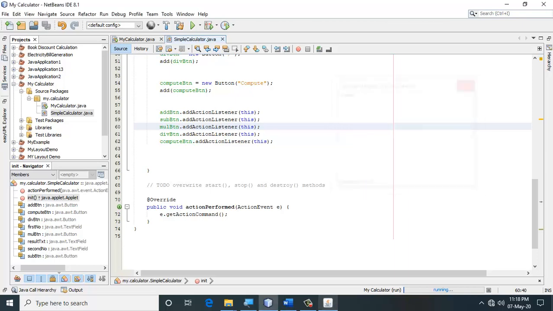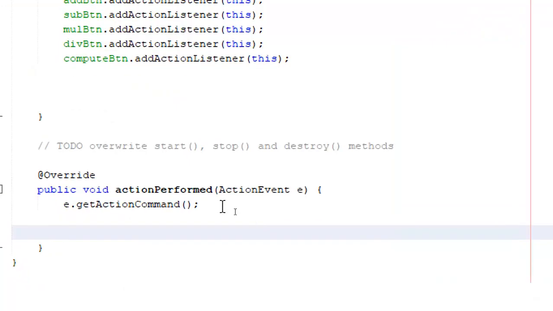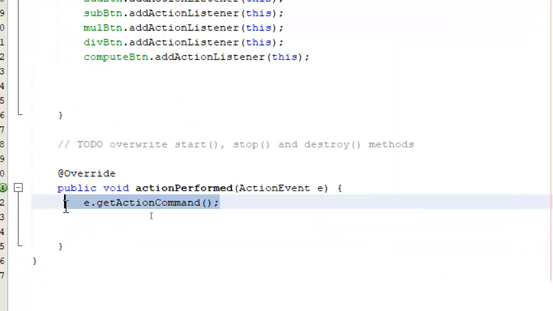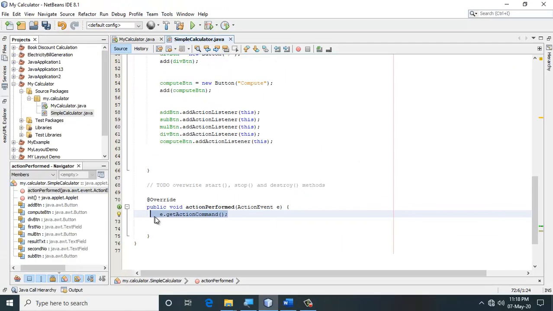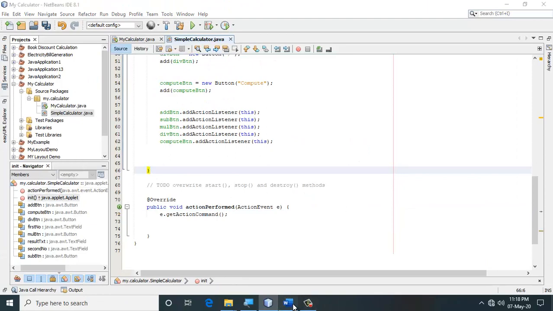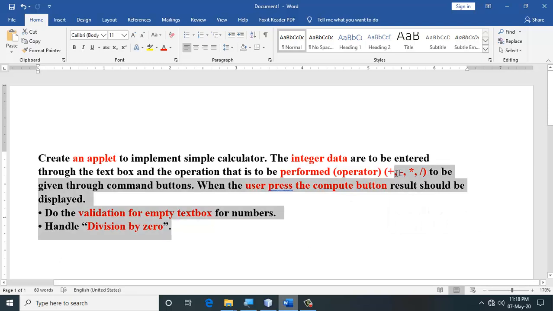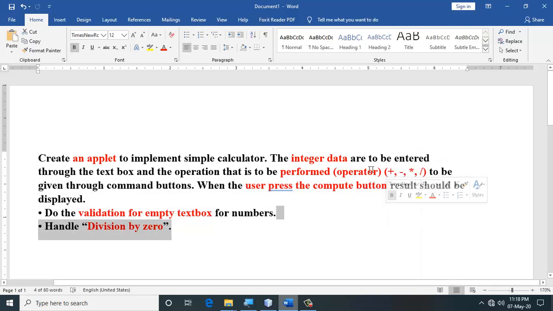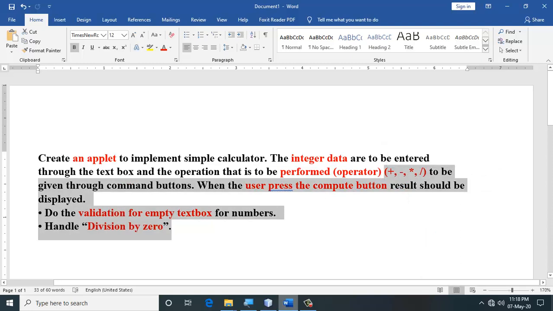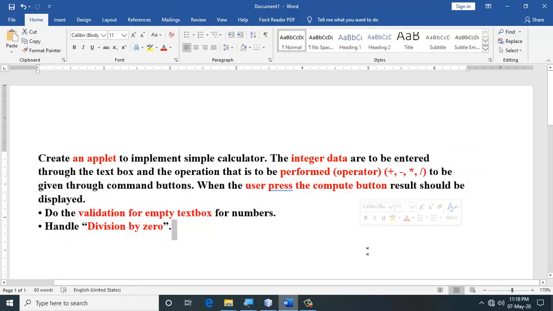Let me go ahead and complete the calculation part here. You will notice that, as far as the question, I can press any of the symbols over here, that is plus, minus, division. I can press any of them, but only when I press this compute button does the calculation have to be done.